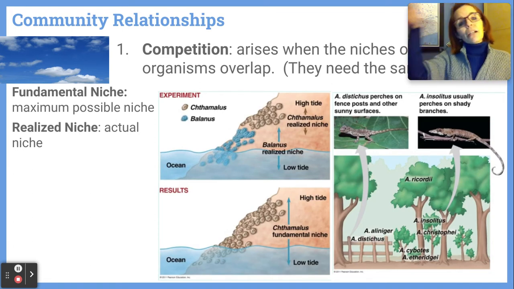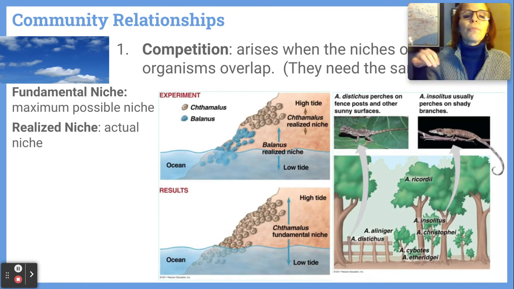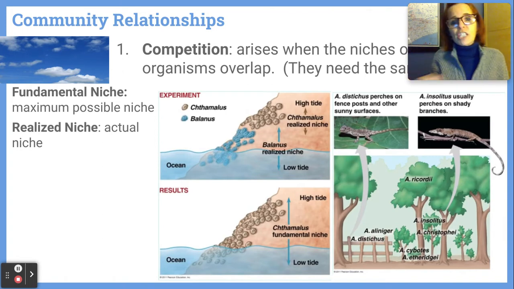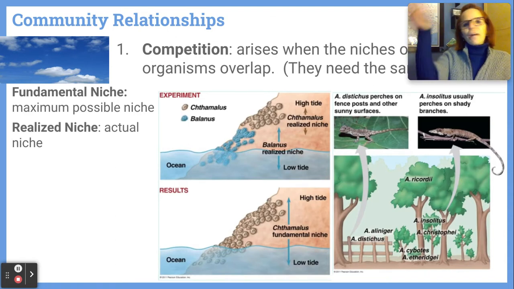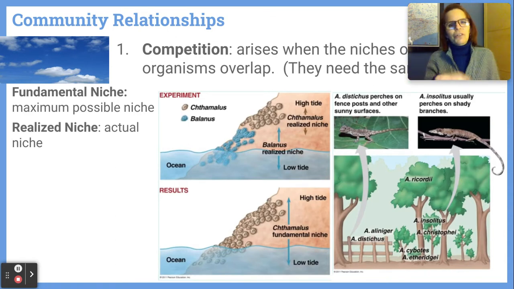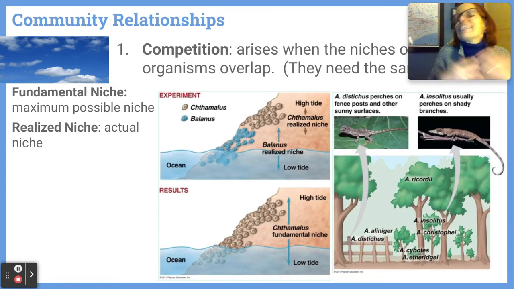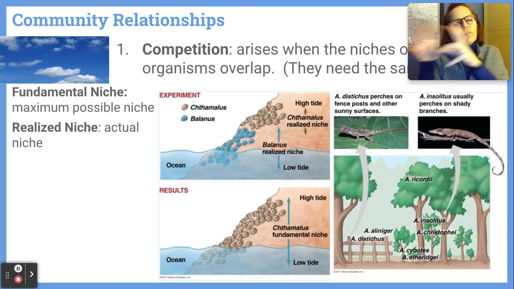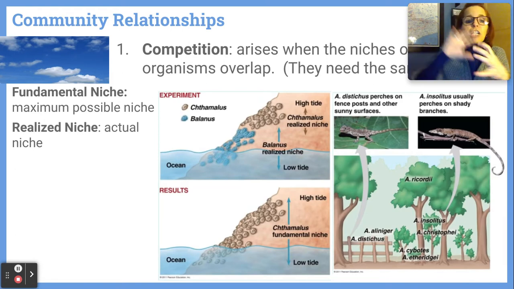We see some barnacles that are high on the cliff's edge, and we see some barnacles that are low, a different species of barnacles that are low. And it appears upon first observation that the ones that are up high like being up high, and the ones that are down low like being down low. However, if we experimentally remove the Balanus, what we find is that the other ones take over the entire side. They were only up high because they partitioned the ecosystem.